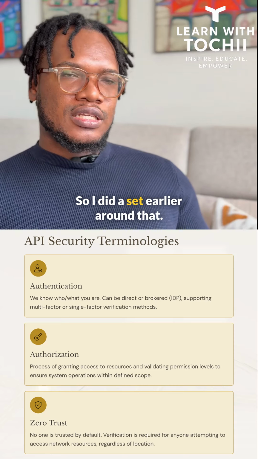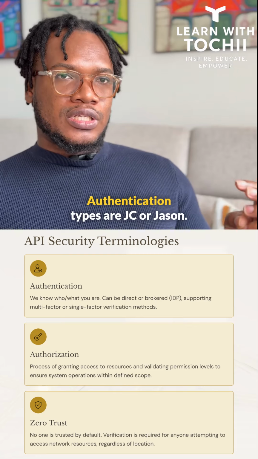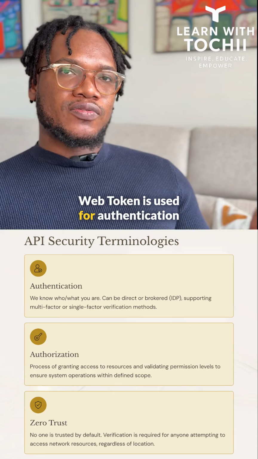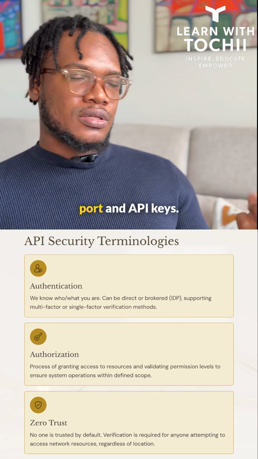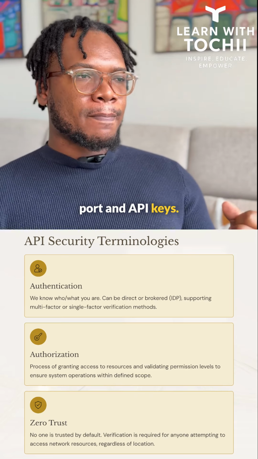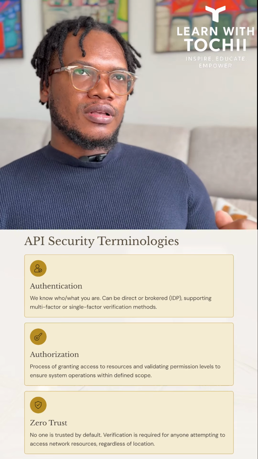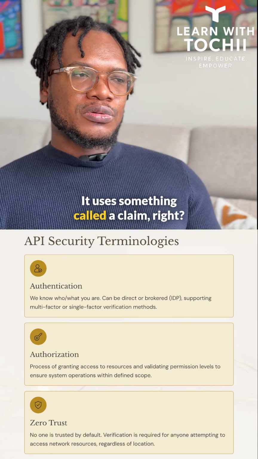So I did assert earlier on that the authentication types are: JSON Web Token is used for authentication, OAuth, and API keys. And I did say two things earlier on. It uses something called a claim